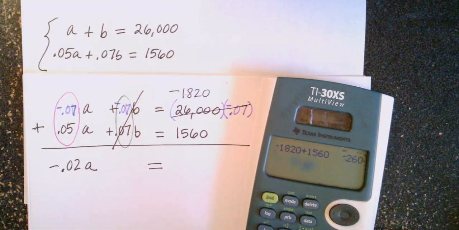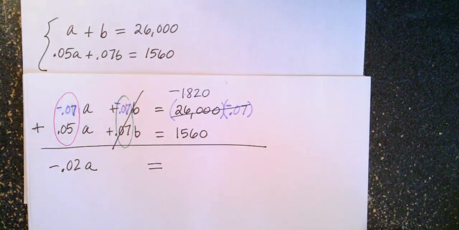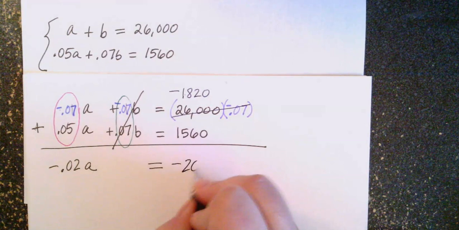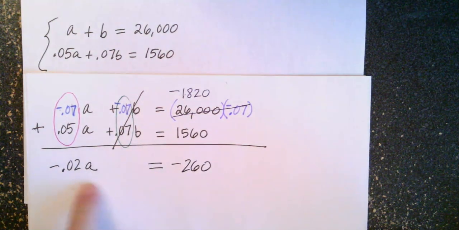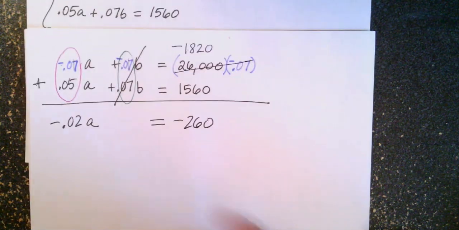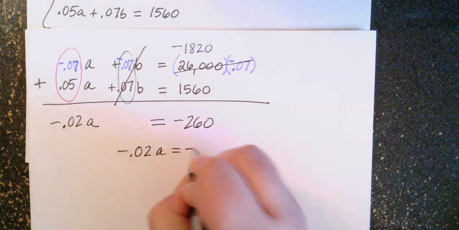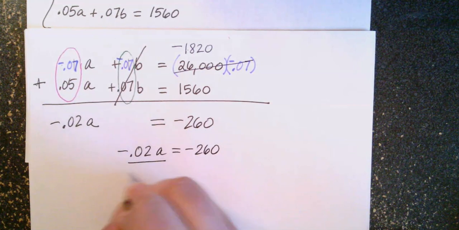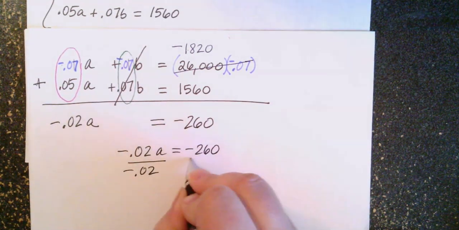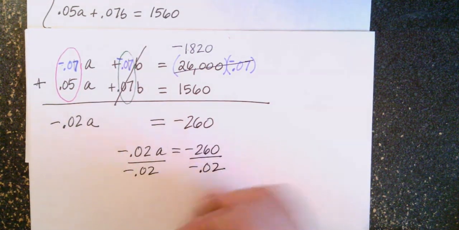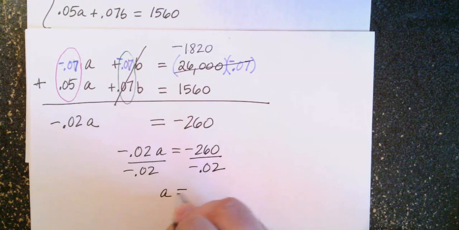Negative 260 is what I get here. And now I have an equation with just A in it, and I can solve that. Then I'm going to divide both sides by negative 0.02. And I get A is equal to,